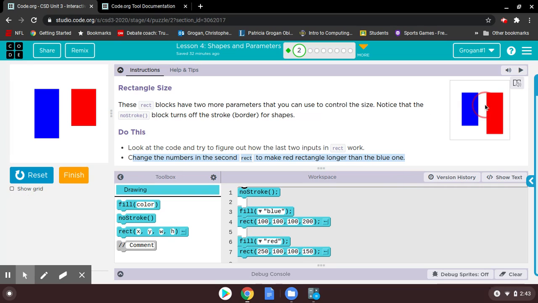This here needs to look like this right here. Okay. So really what we have to do is make this red rectangle block go all the way down here. All right. And the way to do that, all right,